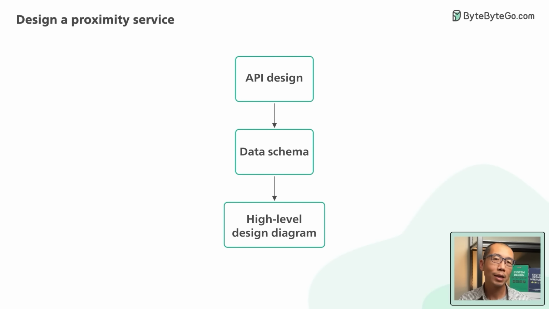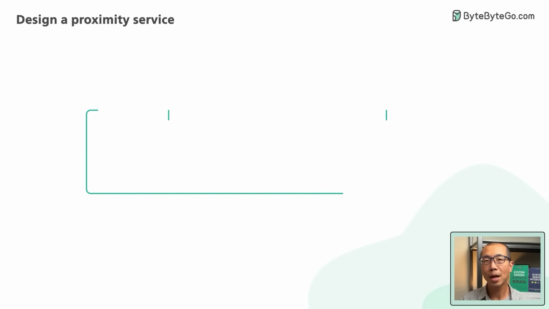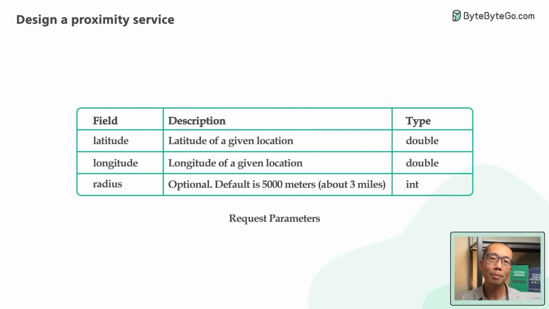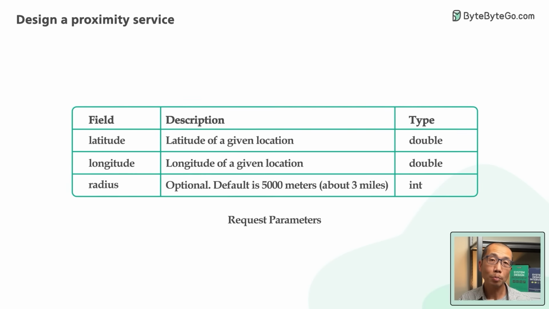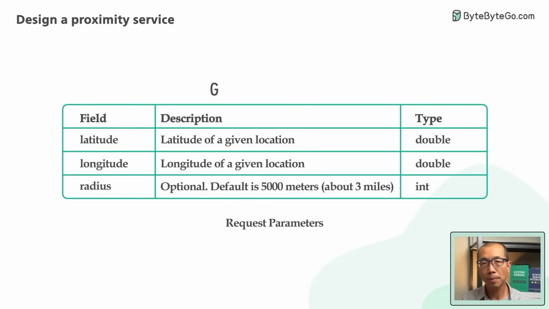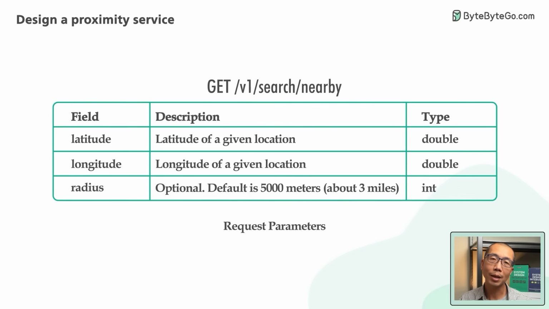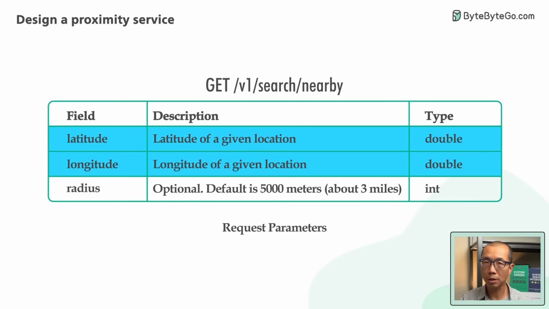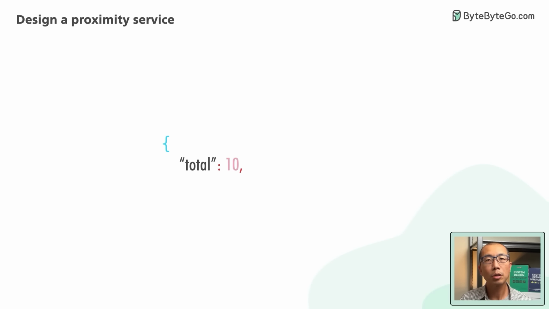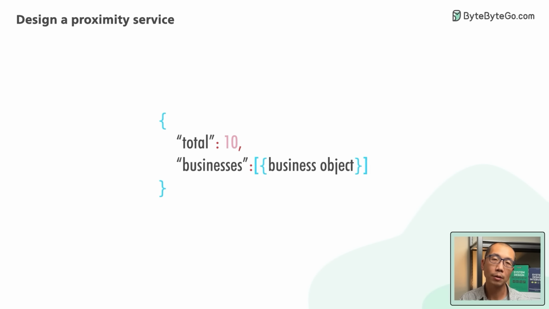First up, let's take a look at the API design for this service. Here we use the RESTful API convention. This keeps things simple. Based on the functional requirements we discussed above, we have 2 broad API categories. The first category is for searching nearby businesses. This is a single GET request that takes as input latitude and longitude of the user's location and an optional search radius. This API returns the businesses in an array of business objects along with the total count.